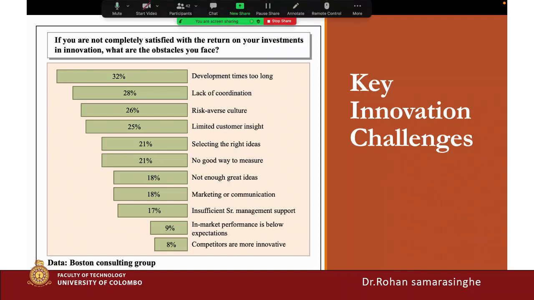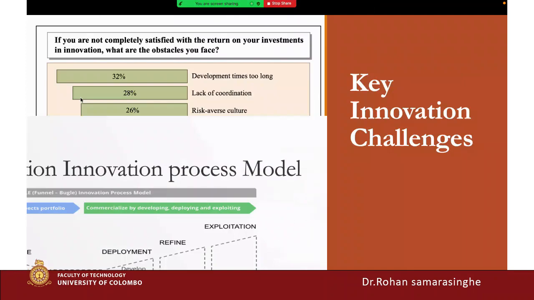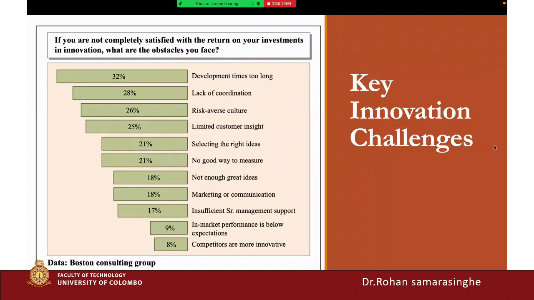Likewise, the Boston Consulting Group introduced some key innovation challenges and